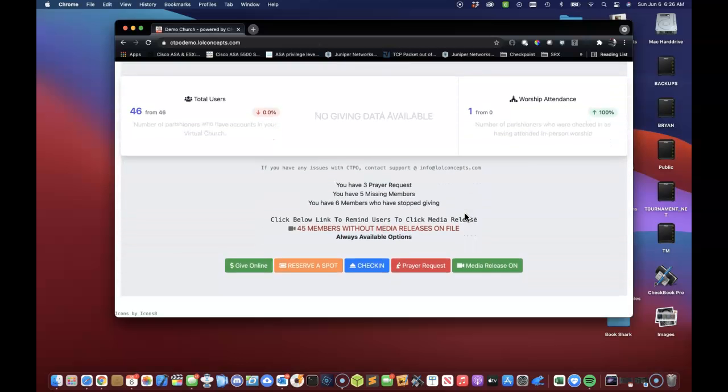So now we have also integrated in 21.06 the ability for you to do digital media releases. So whenever you do streaming, you really should have media releases for everybody that's going to be featured in a live stream or photographs or whatever. You really need that. And we have seen the issue with having to create, print out, and manage all sorts of media releases with people and how much of a pain that can be. So it's now built into Church 2, and all you do here is when people